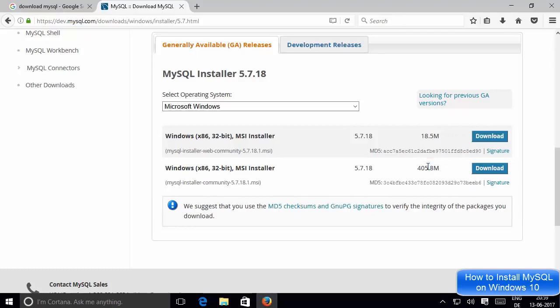The other version is the download of the installer itself, and it's 405 megabytes in size. And when you download this installer, you don't need to, I think, connect to the internet or anything else. You can run this installer and everything will take care of itself. So what we are going to do is we will download this installer, which is the second one, which is of bigger size, right? So just click this download button here,